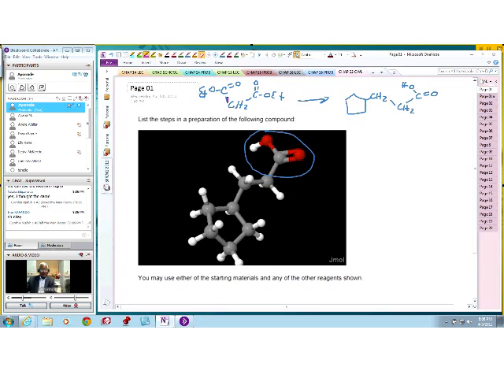If you take a look at the malonic ester, these carbons here will be this carbon in the product, because we have to expect that this carboxyl group will have to be one of these carboxyl groups right here, because one of these will be gone. So therefore, if that is the case,